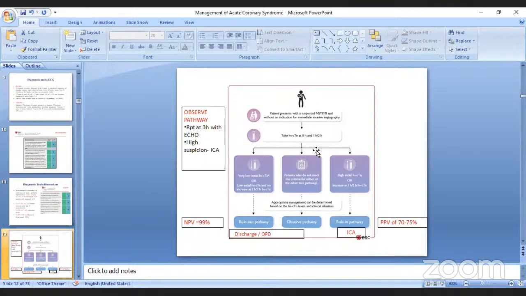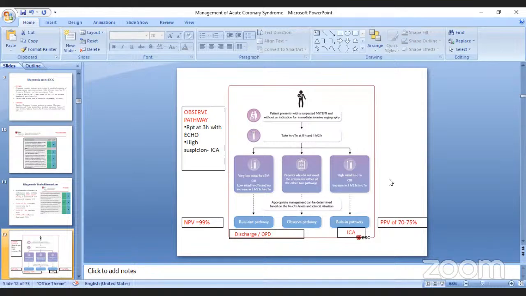So this is the algorithm approach. If a patient presents with a suspected NSTEMI and without an indication for an immediate invasive angiography, then we have to take high sensitivity cardiac troponin levels soon after arrival and after 1 hour or after 2 hours. In case the patient had a very low initial troponin level and there was no further increase at 1 hour or 2 hours, they go into the rule out pathway. And this has a negative predictive value of 99%, and the patient can be either safely discharged or be managed